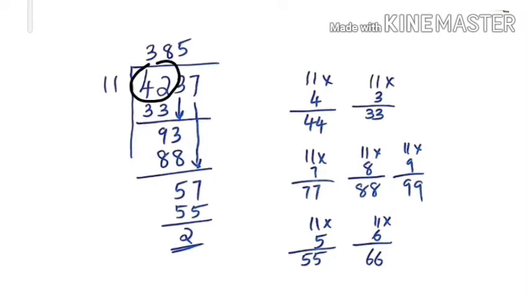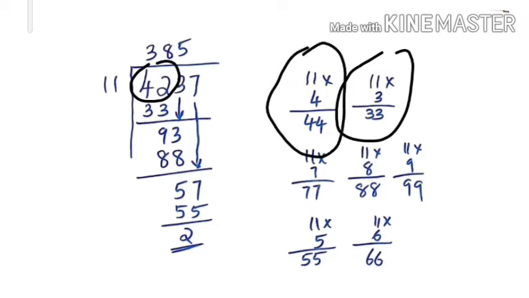If you don't know the multiplication table of 11, just assume a number and verify it by the normal multiplication. For example, here we know that 1 into 11 is 11, 2 into 11 is 22. If you don't know 3 into 11, just multiply that. 11 into 3 is 33. Now go with 4. 11 into 4 is 44.